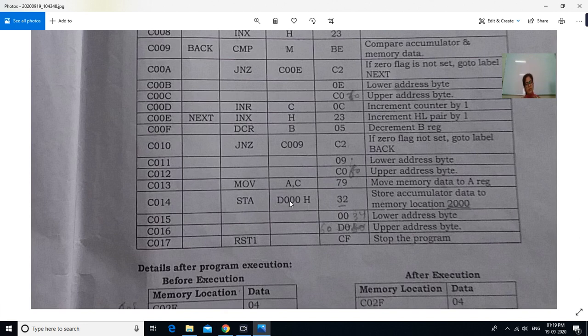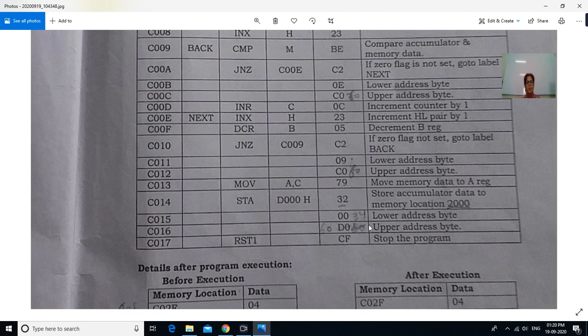So the meaning of this instruction is, this instruction will store the contents of the accumulator onto memory location D000. So instead of D000, I am using 8000. It is your choice, you can use 7000 and whatever. So STA, suppose 8000. So 32 is the hex code of STA instruction. 00 is the lower address byte, and upper address byte is 80.